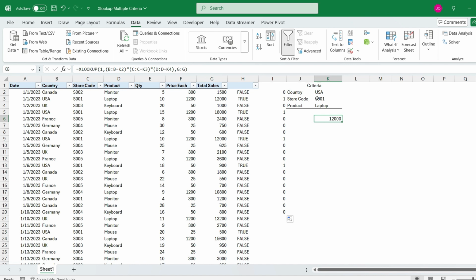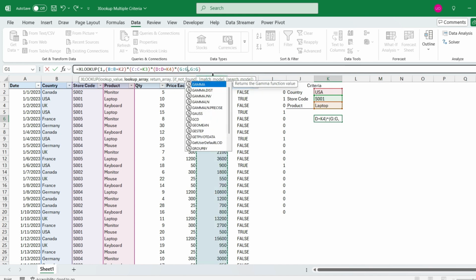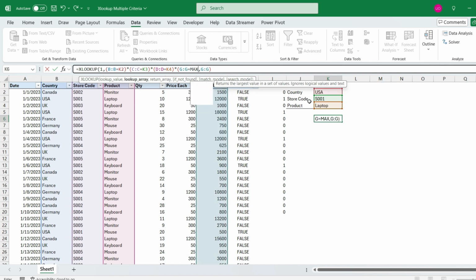So let's say I don't want to match only string values in a sales data, but I want to get the highest sales for the laptop from this store in the USA. What I'm going to do, I'm going to add a new condition saying that the total sales column, which is the column G, should be equal with the maximum value of this item based on these criteria. The simple max function will not work, but I'm going to use the MAXIFS function, which will require